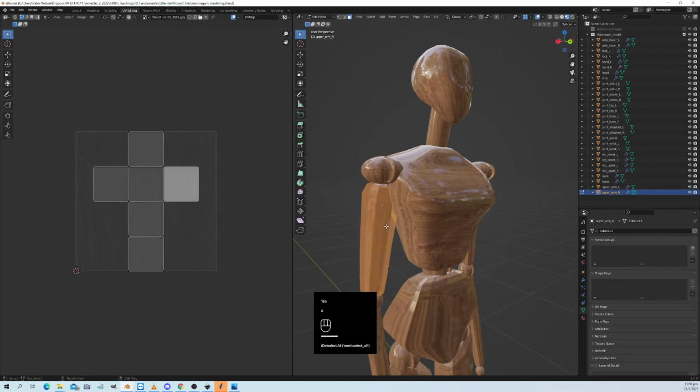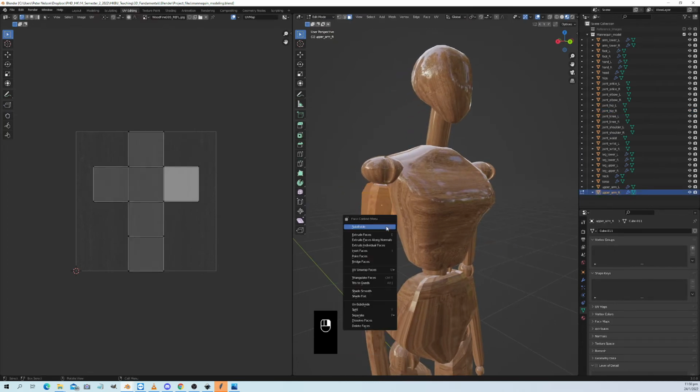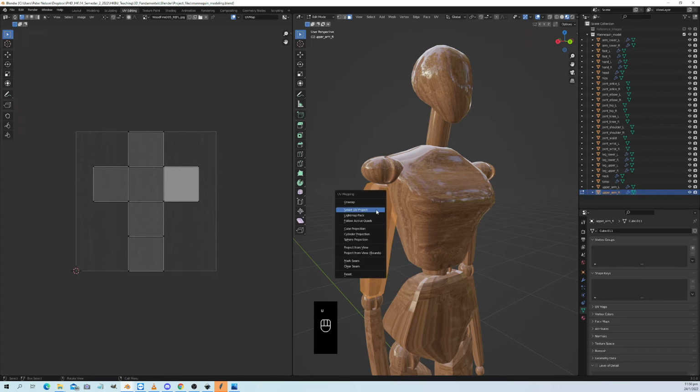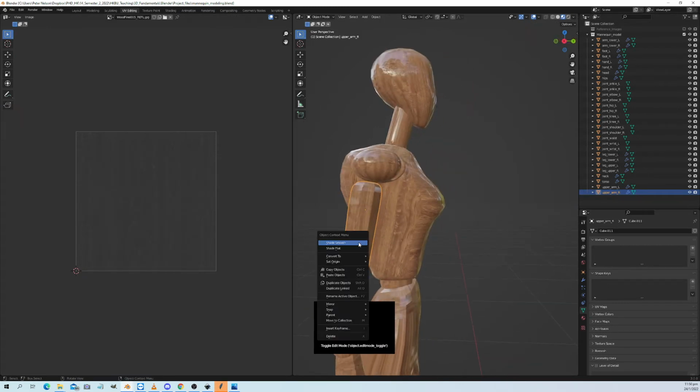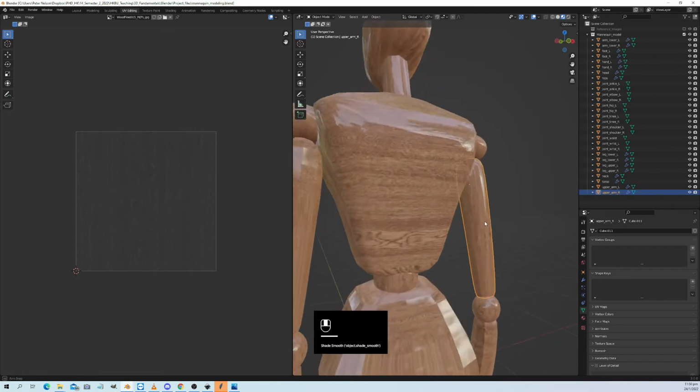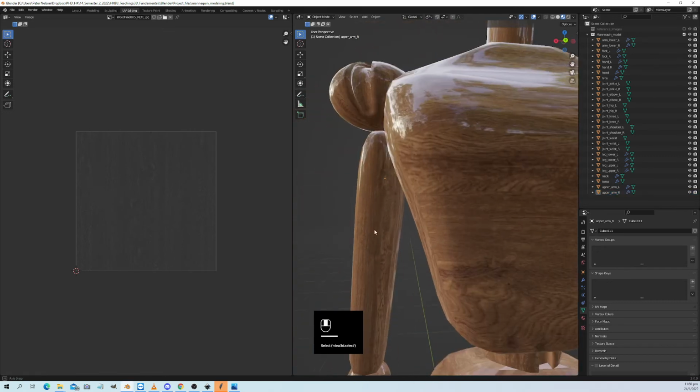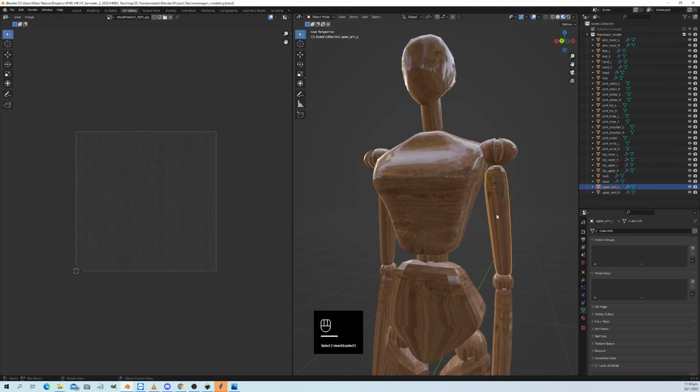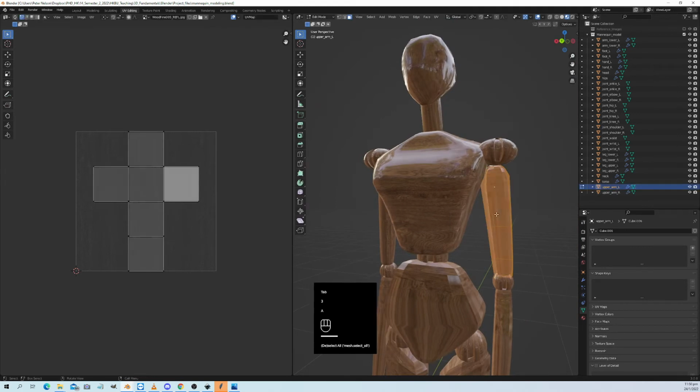So tab, again it thinks it's a cube. Let's try the U for unwrap, Smart UV project, shade smooth. Yeah, I think we're going to get away with that. Okay, great. Now, as I said, I am not doing proper UV unwrapping here, so